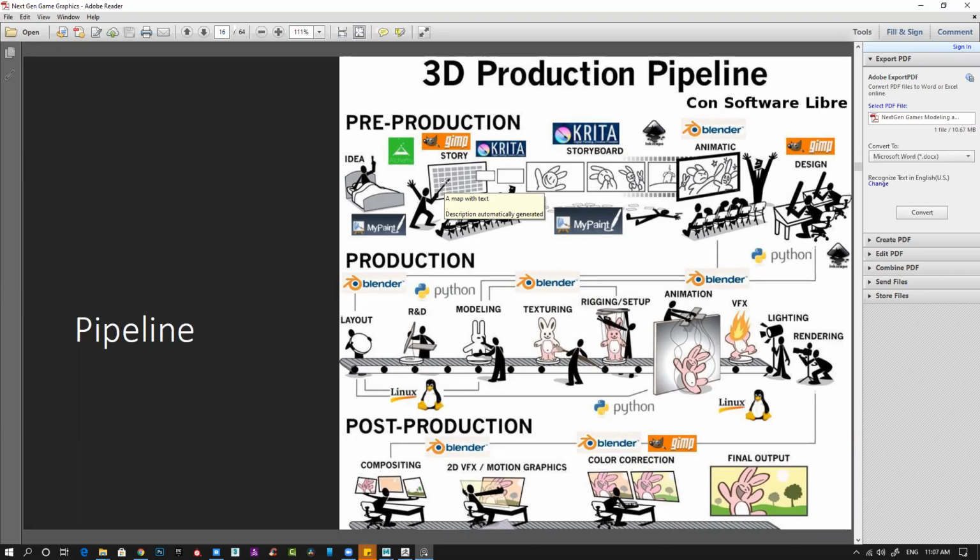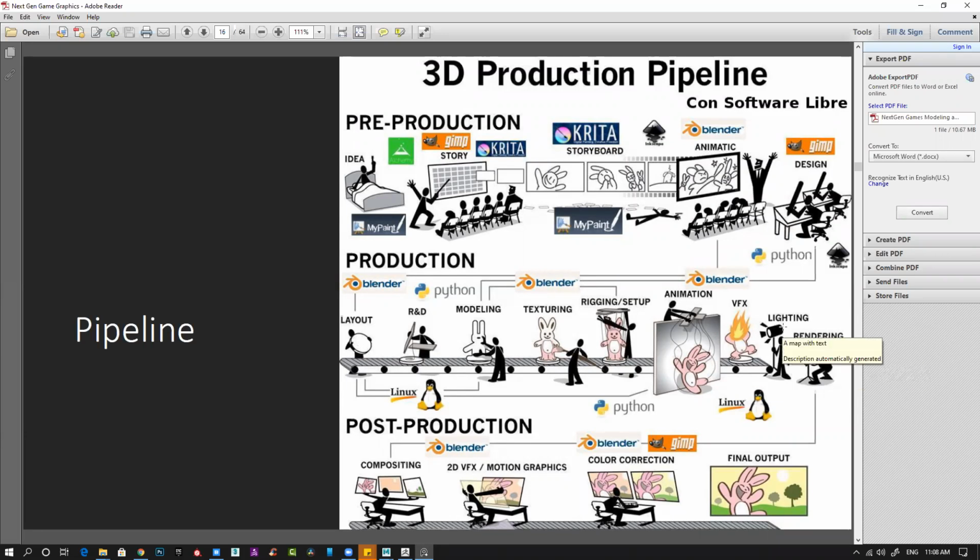For your storyline, storyboard, animatics, design, and concept, idea and story may be one person, storyboard and animatics another person, design another person, or it can be shared in a team of two, three, or four people, and they develop this entire pre-production. Then in production, you lay out, you design, you research, and then you start modeling, texturing, rigging, skinning, then basic animation, then VFX, then lighting and rendering.